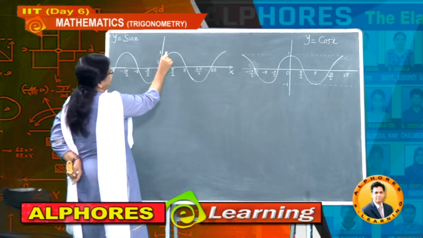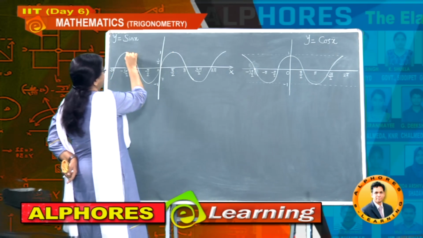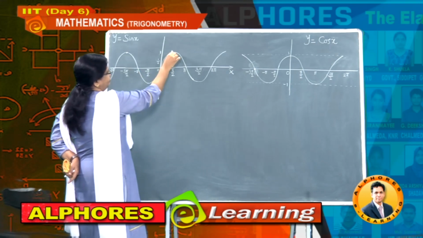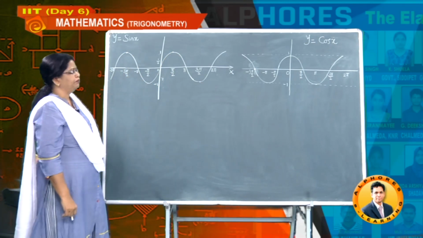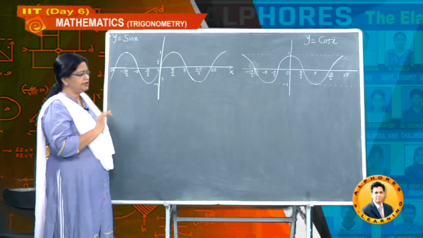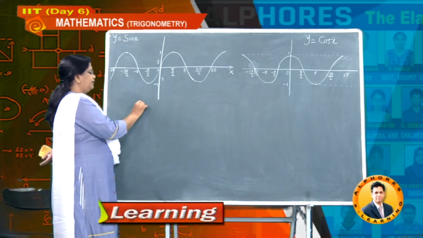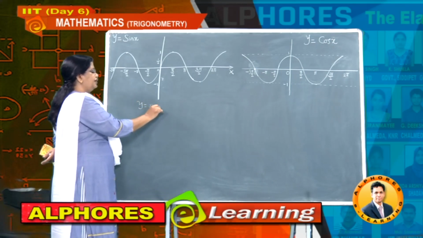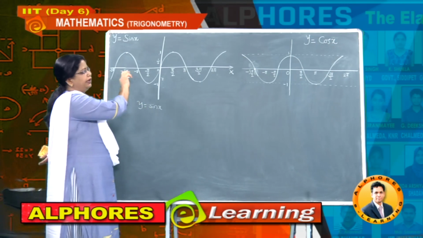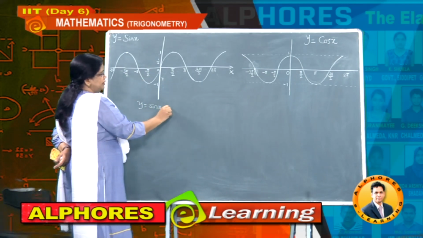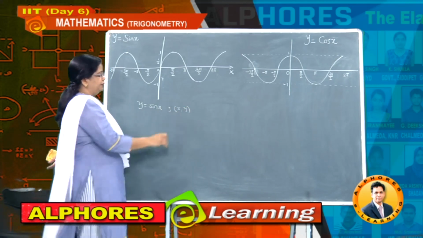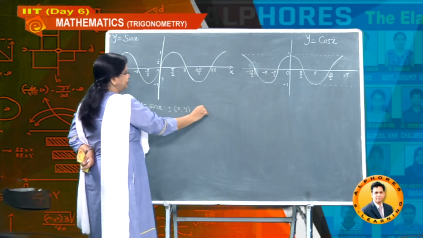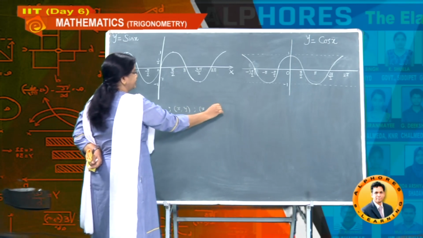So now we can say the curve, at its highest part, that is the maximum value, takes only plus 1, and the least value it takes is only minus 1. What are our observations from this? First of all, whenever you take y equal to sin x, each point on the plane is of the form x comma y, and that y value is nothing but x comma sin x.